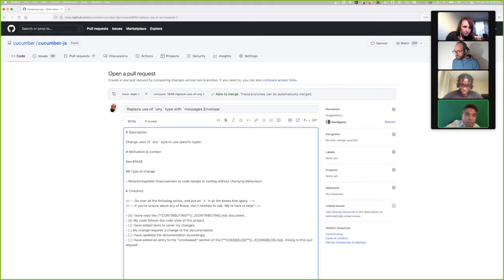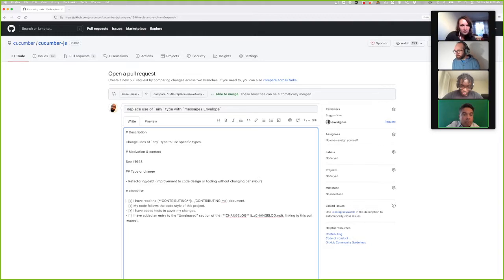Yes, it follows the code style. And we're not going to add tests, but they will be there already. I don't think we need to change documentation. And we're going to need to put something in the changelog, I suppose, not that we're changing behavior, but just in case we broke anything. So let's leave that there so we remember to do it when